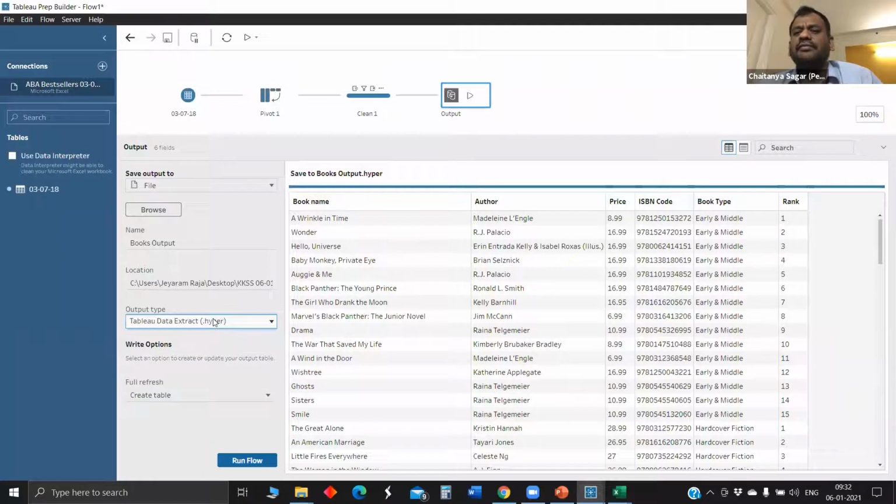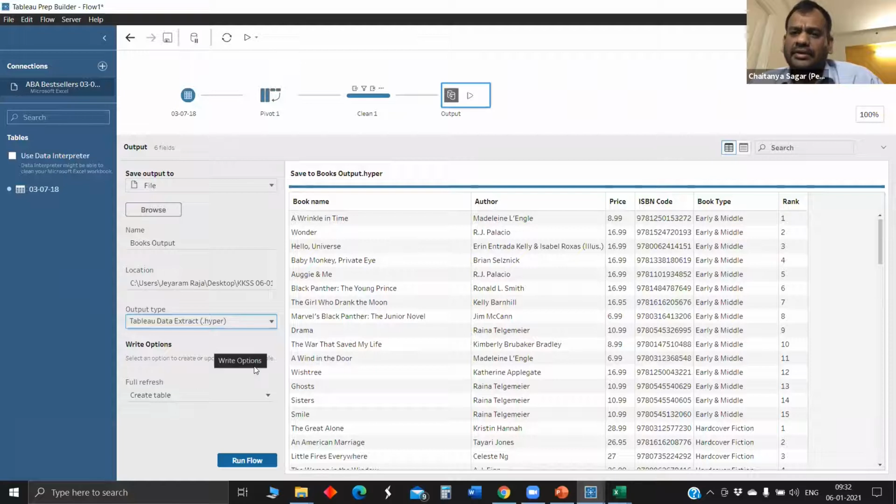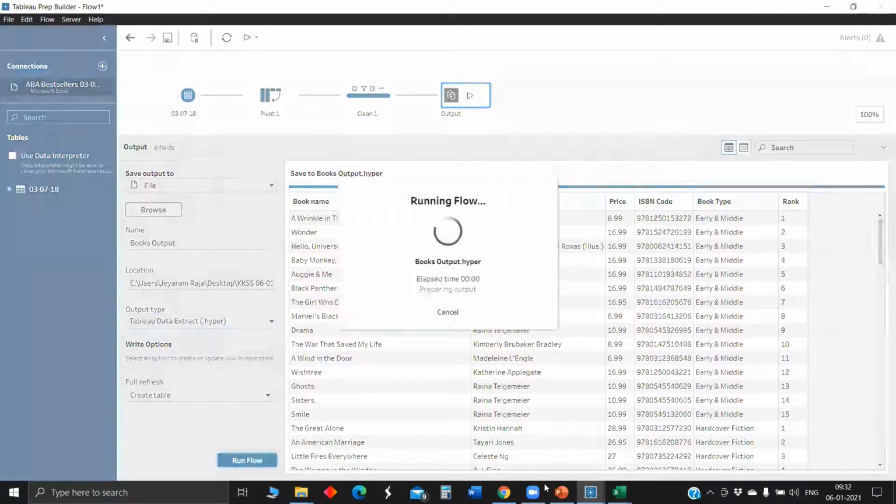Oh, you have to manually give .hyper? Okay, it's automatically Hyper, right? Yeah, Tableau data extract is automatically Hyper. Okay, got it. Understood. So once you run flow, it will be saved.